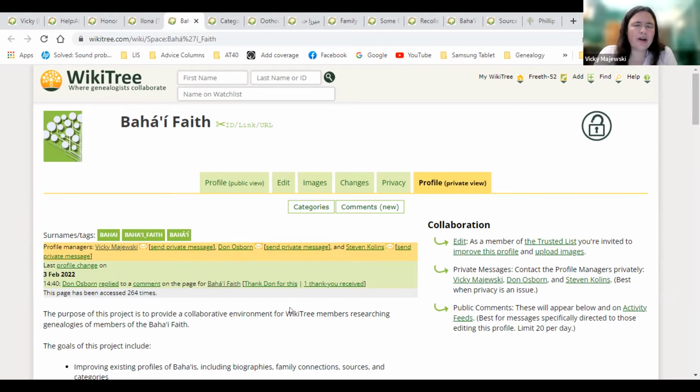Some of us add profiles for people we know personally. Some of us add profiles for people in various records that we come across. And some of us are more interested in chronicling the genealogies of the central figures. And